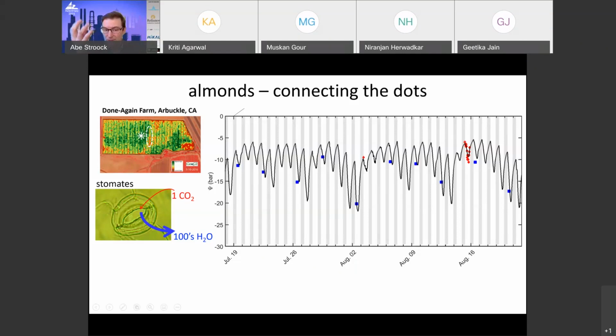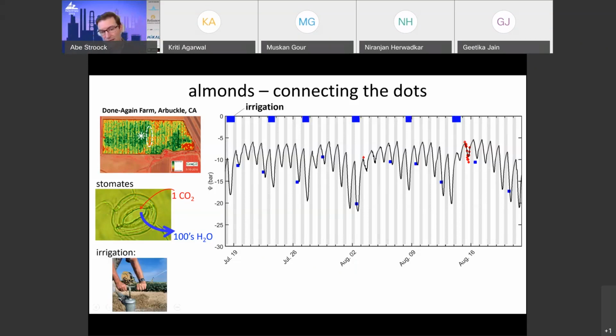So already we're starting to be able to see what the dynamics of this system are under the biological and environmental control. Now we're also seeing on this longer time scale the dynamics imposed by the management of irrigation. And so we have two important time scales here. One, the driving of the biology by the daily rise of the sun, and the other, the driving of what is essentially through the soil of the week-long scale periodicity.